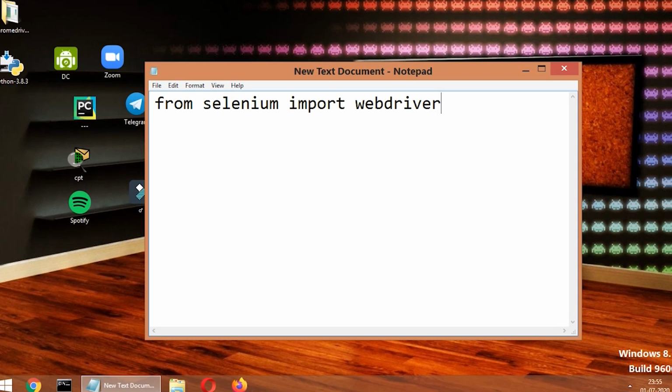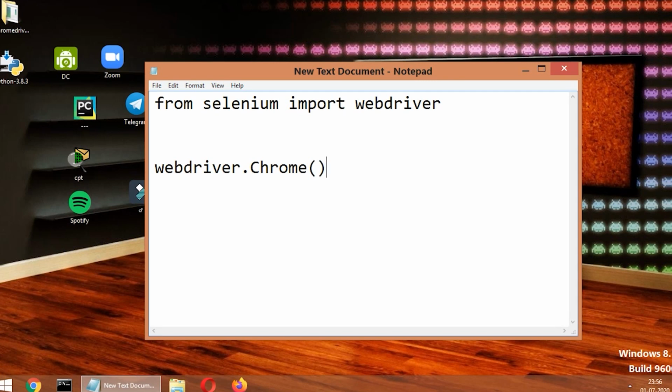It has certain functions. A function is nothing but something that will do a certain task. So from webdriver, the dot is an important thing as far as computer science is concerned. For example, you may use a dot to end a statement or a sentence in normal language, but from a computer science perspective, a dot does a connection operation. For example, consider www.google.com. This dot is making a connection between the World Wide Web and Google and the .com, things like that. So here from the webdriver element, I am going to use a function. A function is nothing but something that performs a certain task. A function has parentheses.